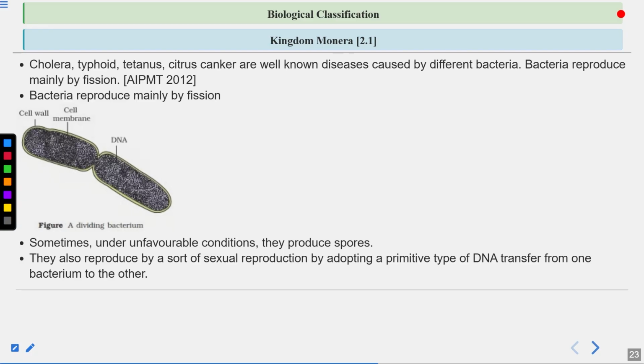Now again remember this, bacteria also reproduce by a sort of sexual reproduction. So this is not true sexual reproduction. This is a sort of sexual reproduction, such as conjugation. Okay, you can write conjugation is a sort of sexual reproduction. It is not true sexual reproduction. In conjugation, what happens? This one